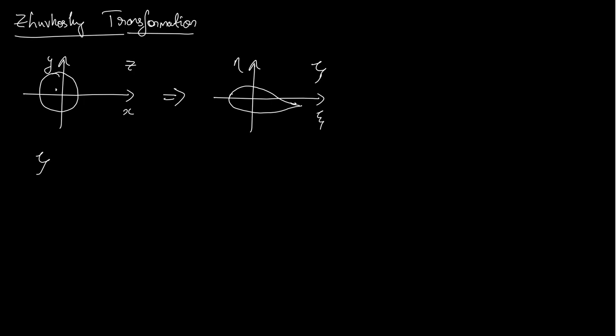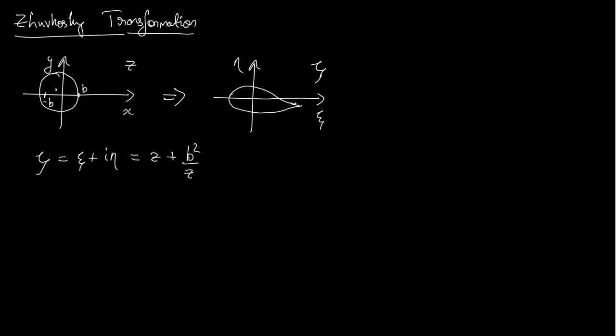Suppose I have any general point on the zeta plane given by xi plus i times eta. This is a complex plane, obviously, and the function is written as z plus b square by z, where b is any constant. We'll see that this is the point which represents b, and there will be another point, minus b, which might lie inside the circle or it might lie outside the circle, depending on which we'll get different sorts of geometries in the zeta plane. So let's quickly perform a small analysis to get a better understanding.